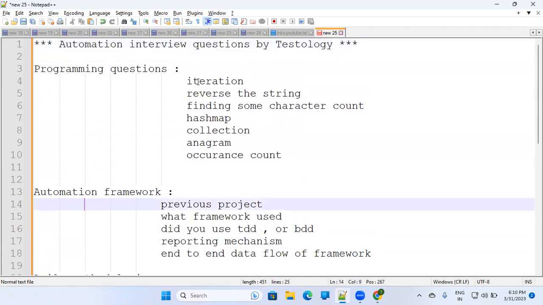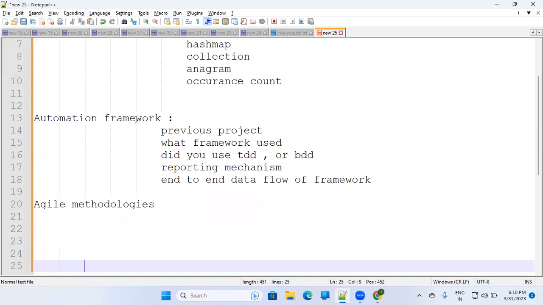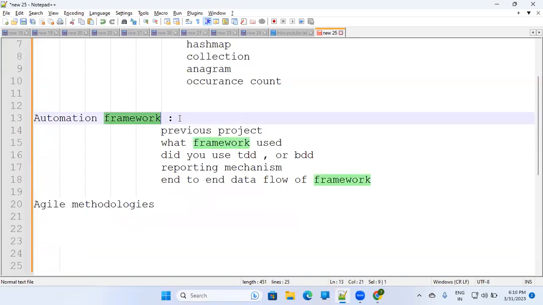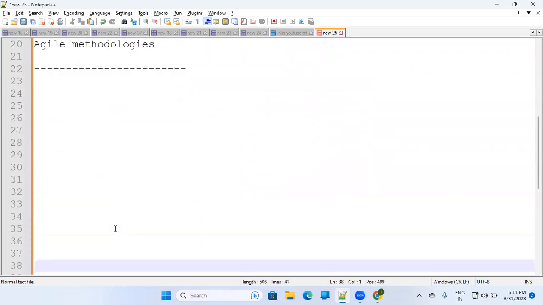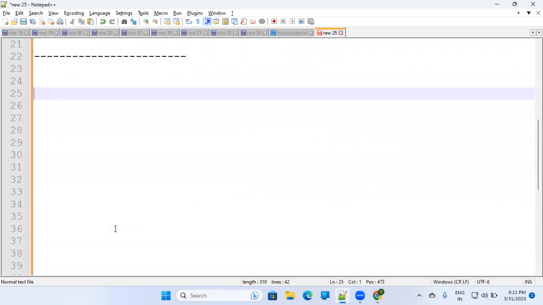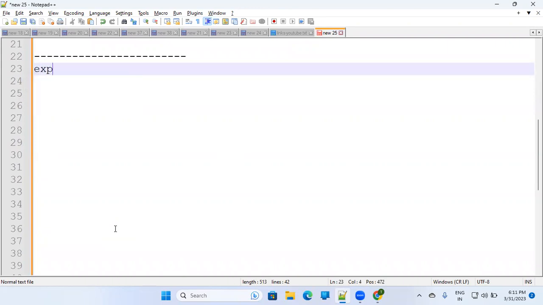Okay, so I'll talk about the framework part first. This question is very common. Let's say they ask, explain your automation framework. When somebody is asking this question, don't be in a hurry. I'm putting some notes here so that I'll tell you what points you should discuss. If somebody asks you, explain your